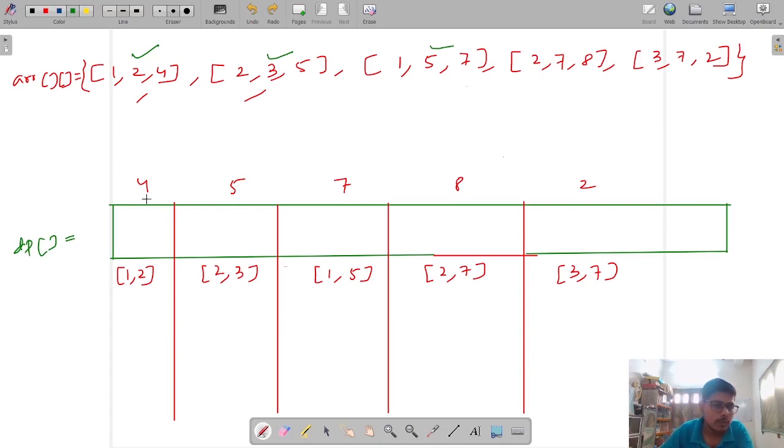Right. So what we will do, first we will just push the first element. For the first element we will just push it. Now for the second we will start solving actually. So see,